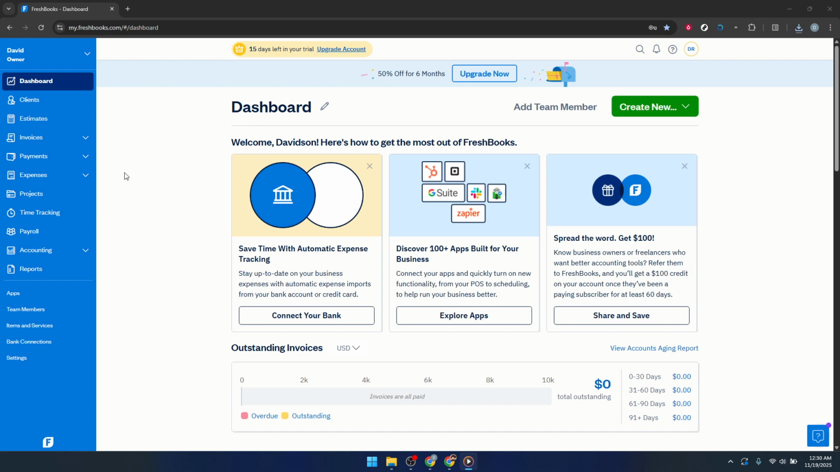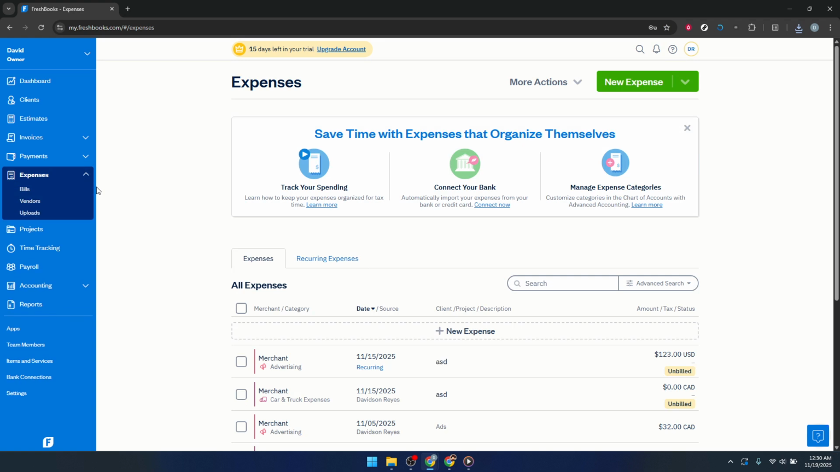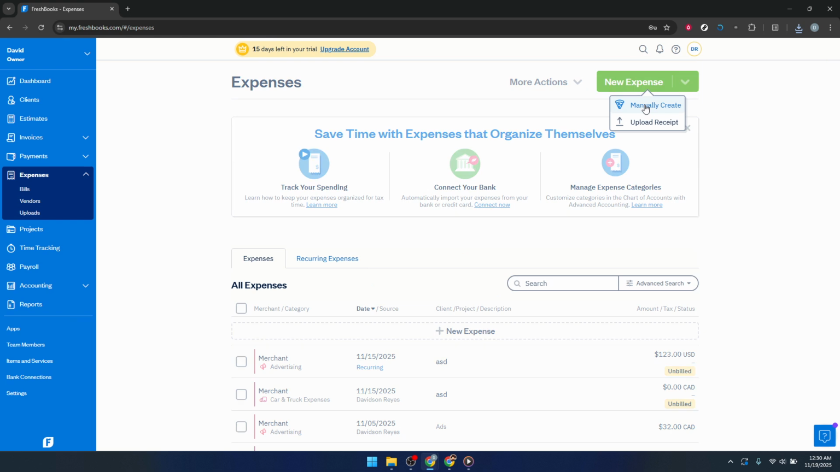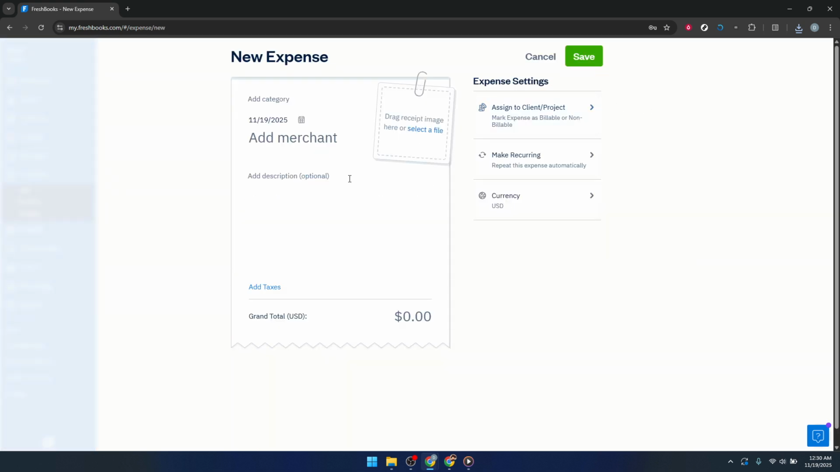To record a new cost, you'll want to head over to the Expenses section. This is where all of your business spending is tracked. Once you're there, look for the button that says New Expense and click it. Think of this as opening a fresh form where you'll tell Freshbooks what you spent, when you spent it, and